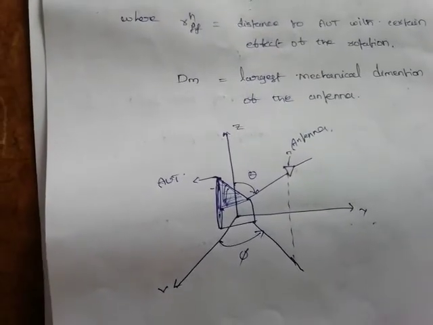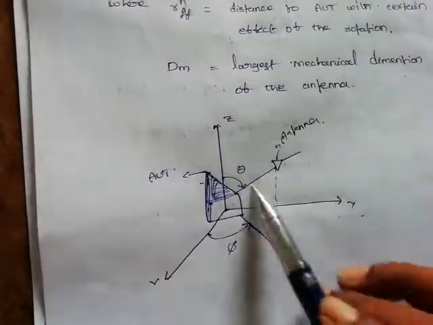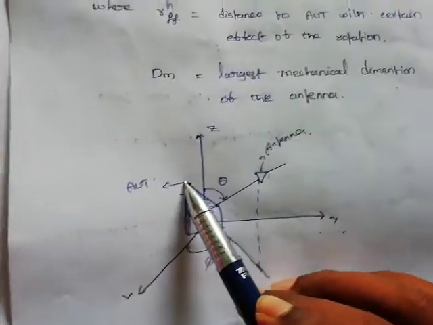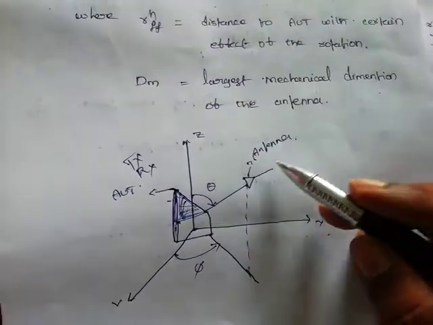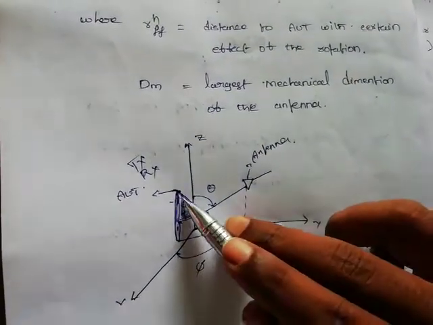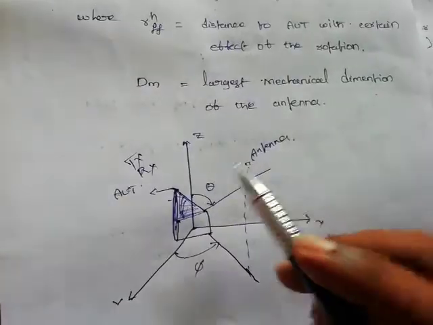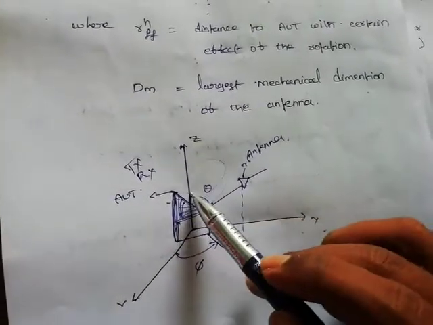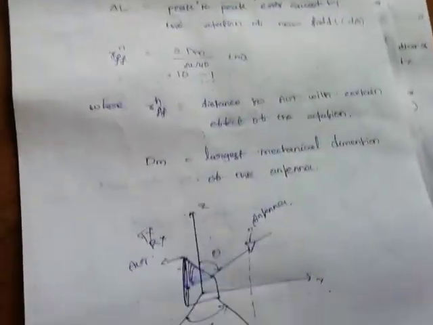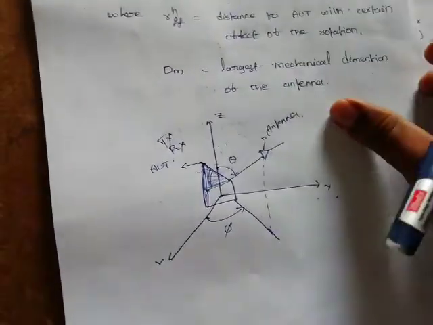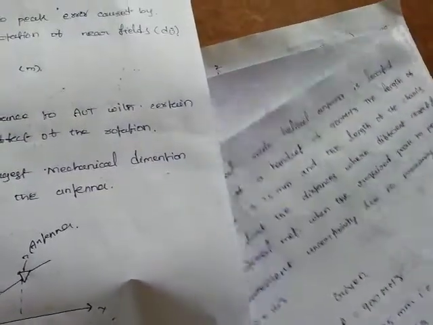Here you can see the coordinate diagram, which I placed as an example. This is our antenna under test, which will act as a transmitter or receiver, and this is our actual antenna. What fields are formed between these two antennas, and how are we going to calculate the near field and far field? These are the formulas we have. I think you understood up to here. Next, regarding these near and far fields, we have one problem.